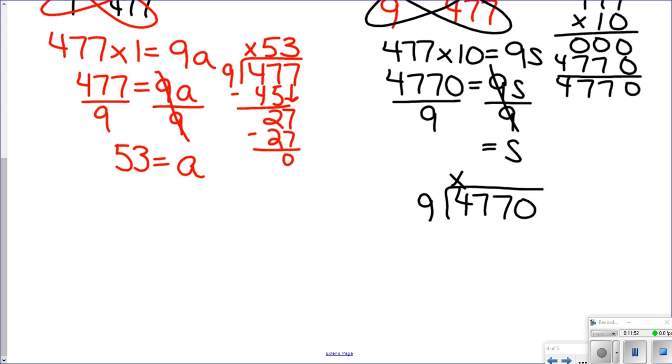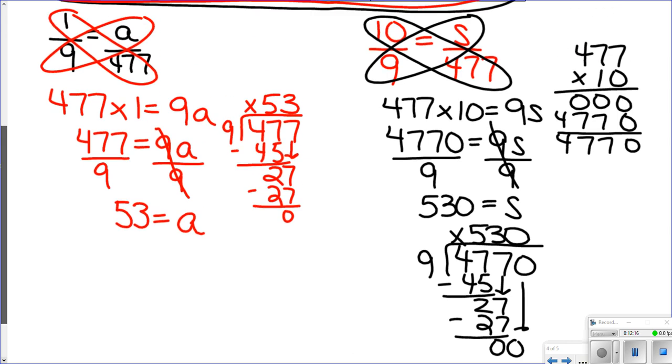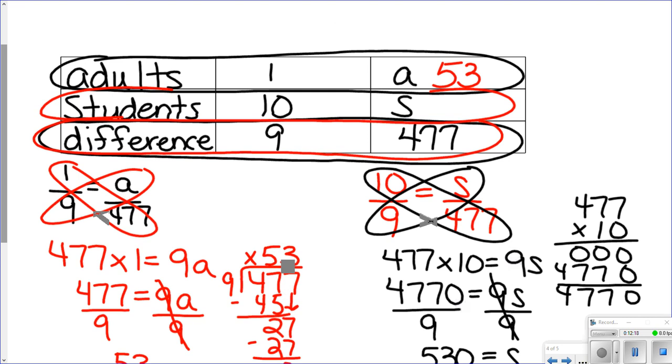9 does not go into 4. 9 goes into 47 5 times. Bring down the 7. 9 goes into 27 3 times. 9 does not go into 0, but I need a 0 up as a placeholder. There are 530 students. Placing that in my table